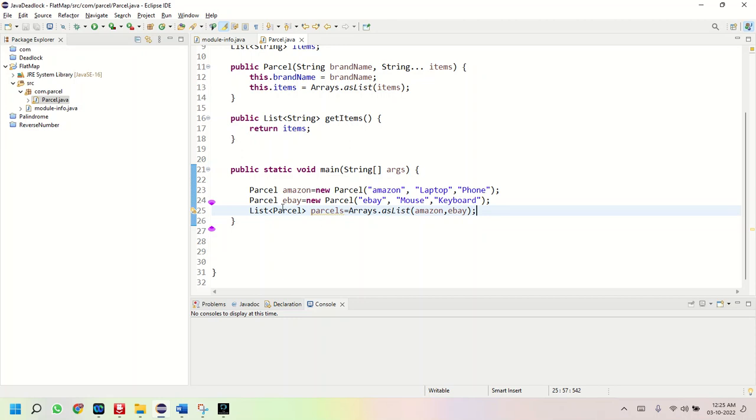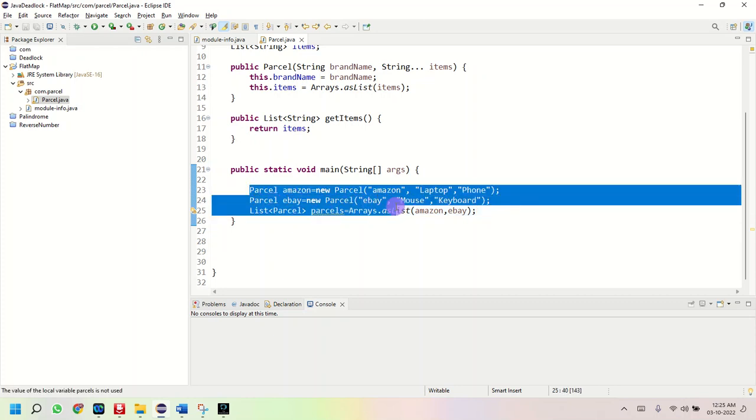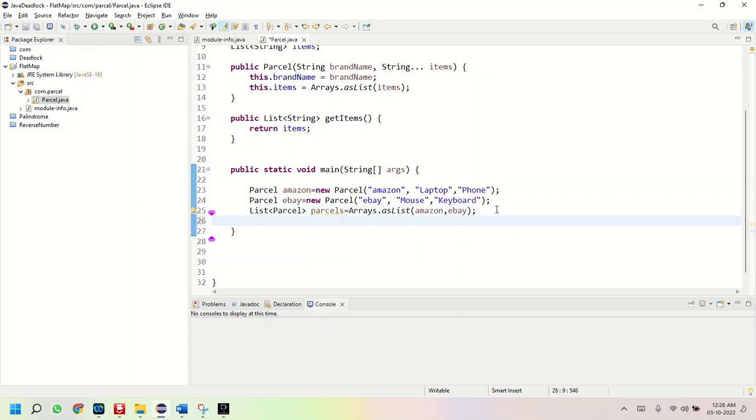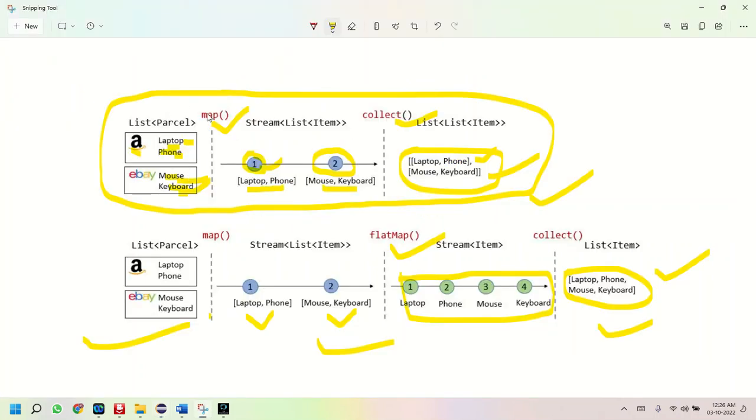Now we are going to process the data with map. How will map work with this data? For this I'm going to create a stream of parcels. Whatever parcels we have, I'm going to create one stream for this, to process the data with flatMap and map. I'll show you how map will work with an example and by code also, how the map will show the output data. So first we'll work on this part, and after that this part. So map,